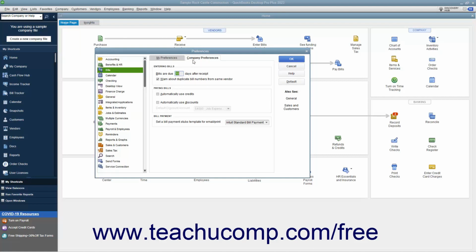In the Entering Bills section, enter the default number of days after entry that bills without a due date should be paid by typing a number into the Bills are due blank days after receipt field. You can also check the Warn About Duplicate Bill Numbers from Same Vendor checkbox to be alerted to that fact